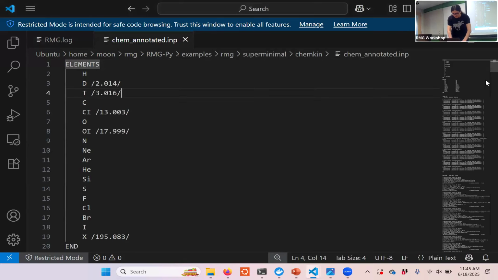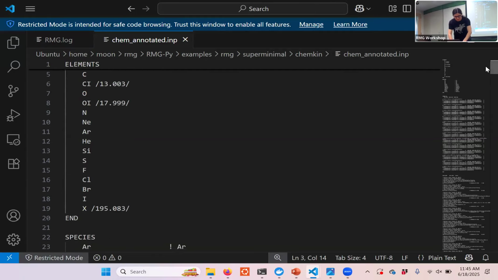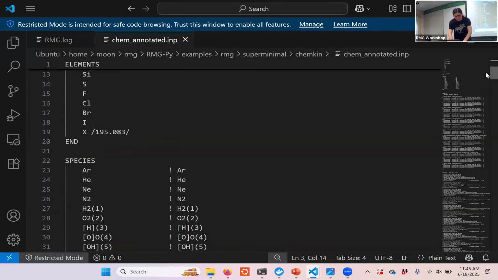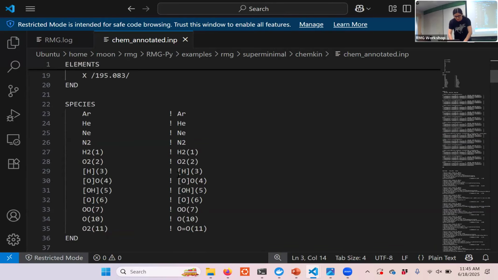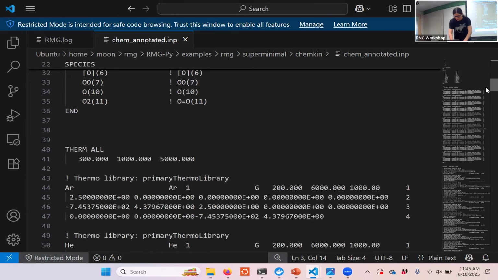All right. So this is the contents of the Chemkin file, that's what RMG has put together. That's the output of RMG. And so the way this works is it first specifies all the elements that are in your mechanism, and then it tells you what your species are, and then it goes into very great detail about the thermodynamics of each